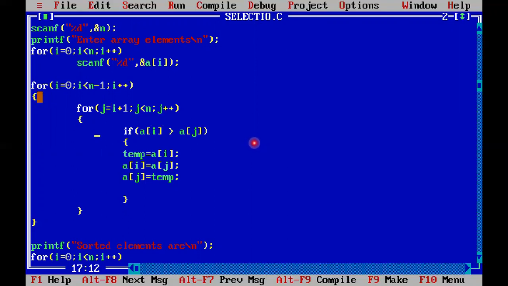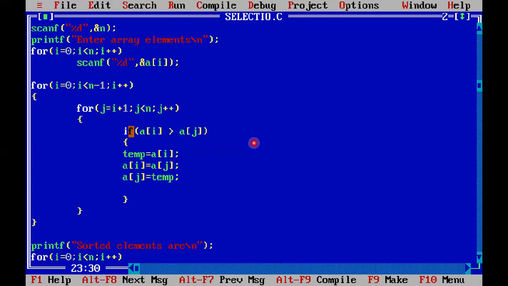And in the for loop, inside the for loop, I use another for loop which is used for the elements. So j denotes the elements, j equal to i plus 1, which is the starting point, and this is the condition, j less than n. After completion of the comparison between two elements, go to the next element using j plus plus.